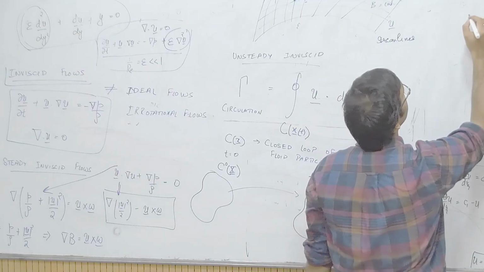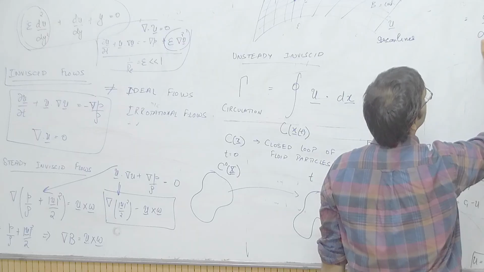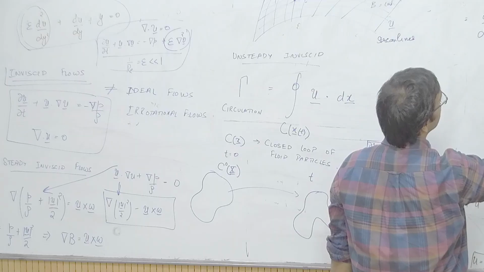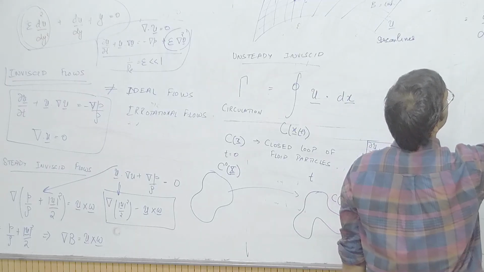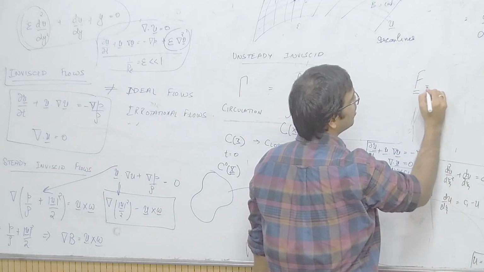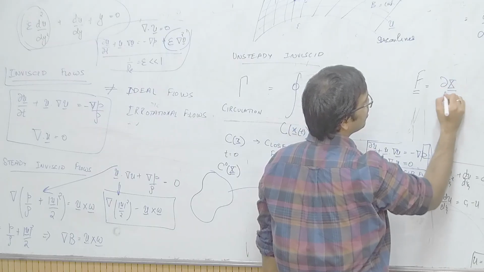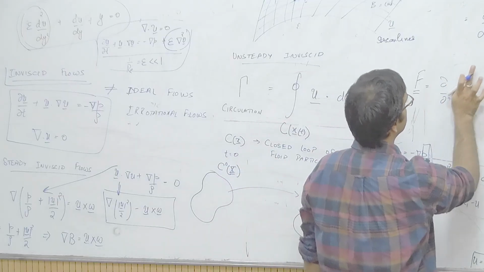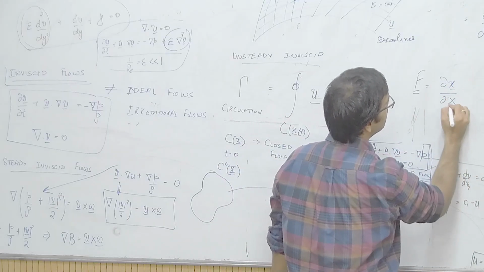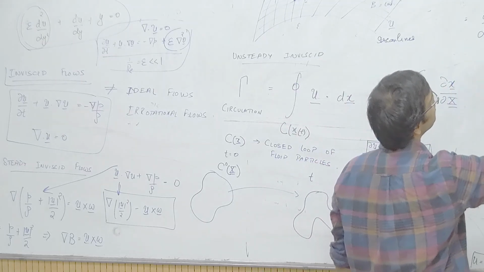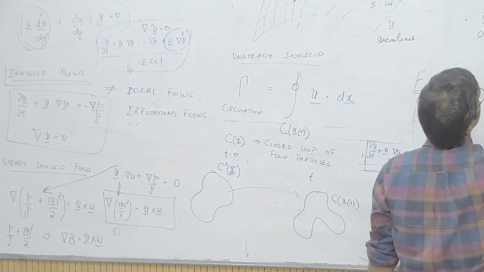So I'm going to write it as some C naught and then u dot. So what was dx, if you recall? The deformation gradient was defined as del x by del capital X. So this dx will be simply,